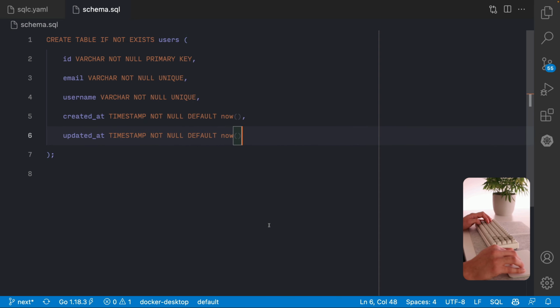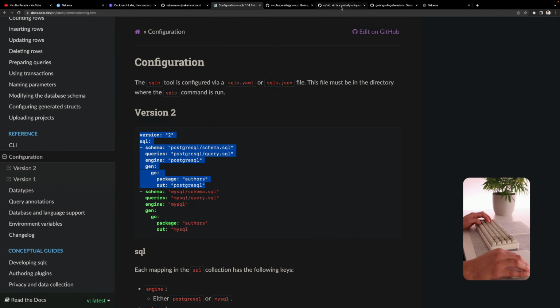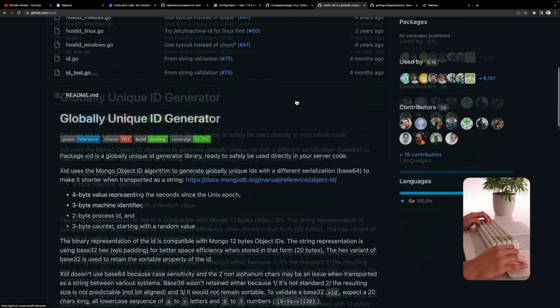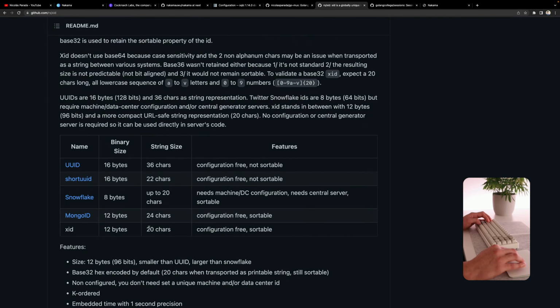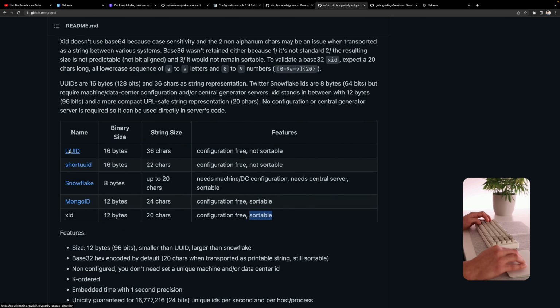And that's it. Notice that for the ID, I'm using a varchar and not a UID type or an incremental type, because I'm gonna use XID. XID are unique IDs of 20 characters length, and they are sortable. One of the main reasons I'm doing the refactor on Nakama is because we were using UID before, and this is not sortable. So for pagination, I was doing a slow query. So with this, we're gonna have more faster pagination, all right?